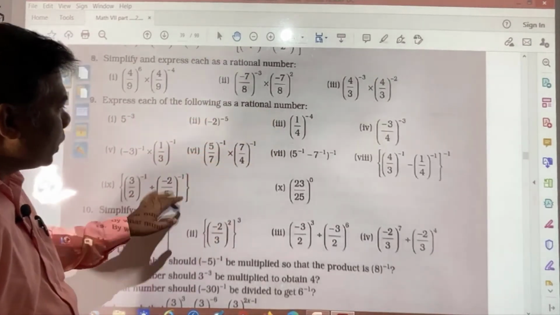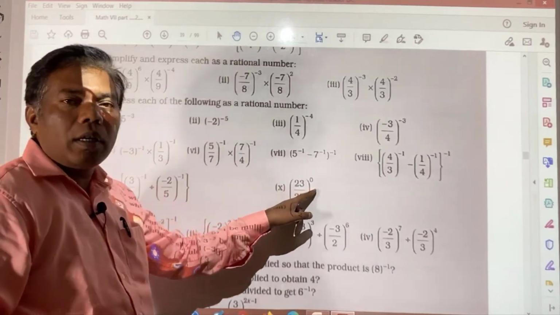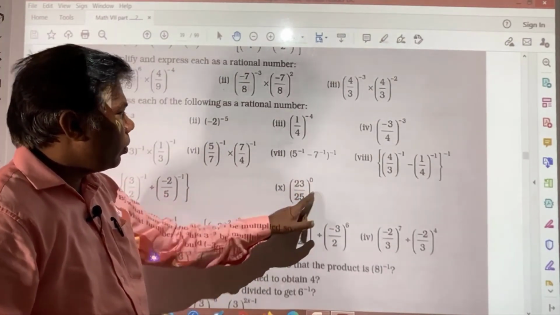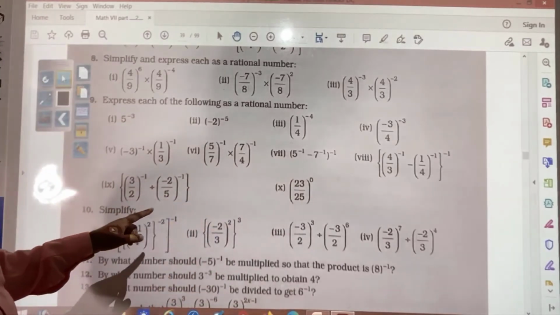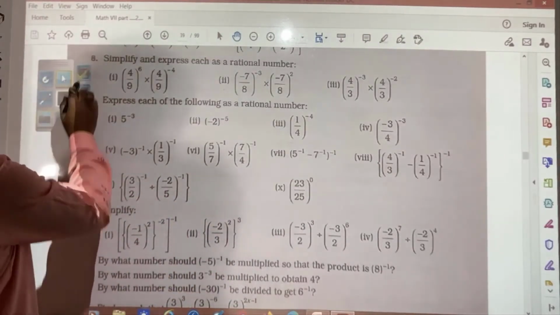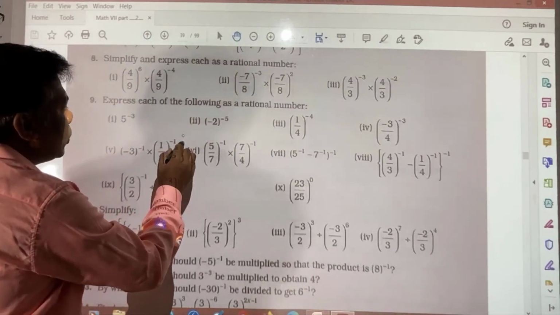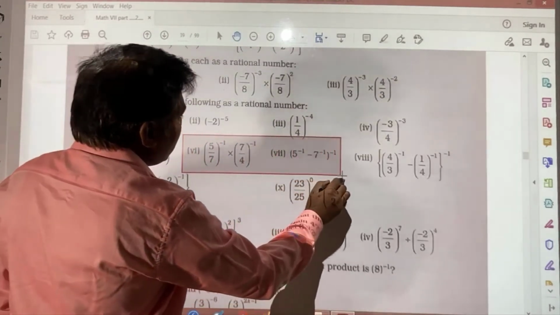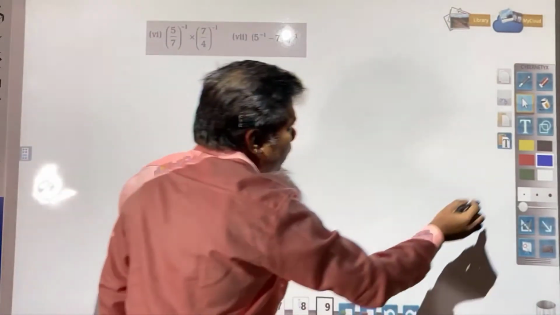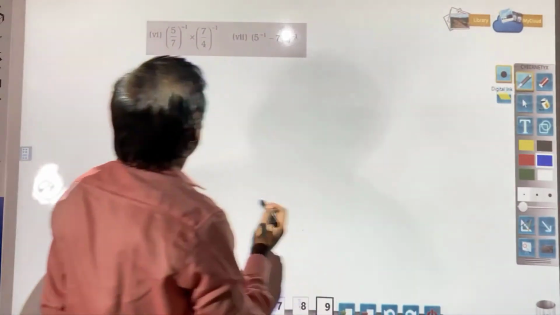So few questions again, this will be simply 1 because x to the power 0 is equal to 1. So this will be 1. I don't think you will have a problem here. So 2 questions I am taking, the rest of the questions you should be able to solve. Just watch properly and follow the rules. I think you will be able to solve.